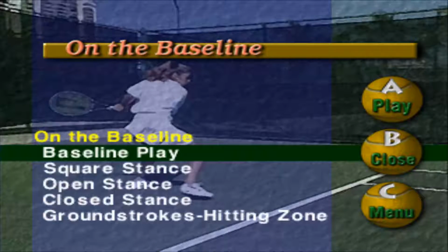Every tennis point starts at the baseline. The serve comes from the baseline and goes to the receiver, who stands at the baseline on the other side. Some players' games are built around baseline ground strokes, while other players do everything they can to rush the net and get away from the baseline. No matter which type of player you are, when you're playing at the baseline, your objective most of the time is to return the